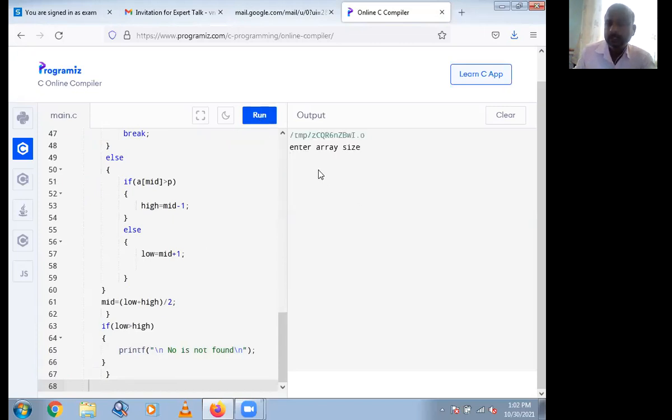So here, enter size of array. Suppose size of array is 8. Enter array elements. Suppose array elements are entered like this.